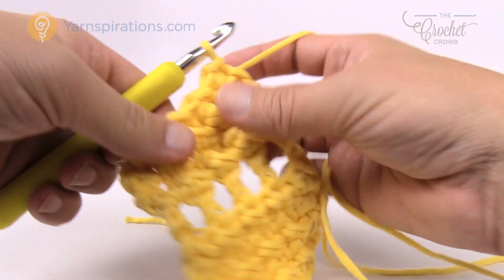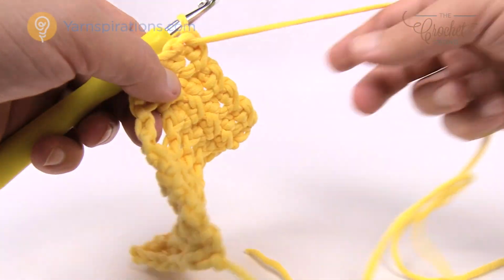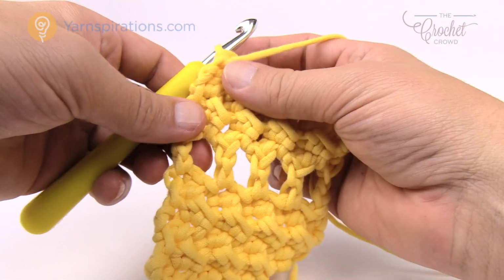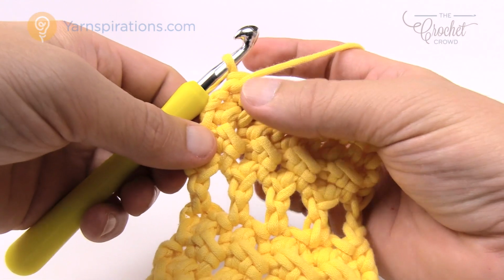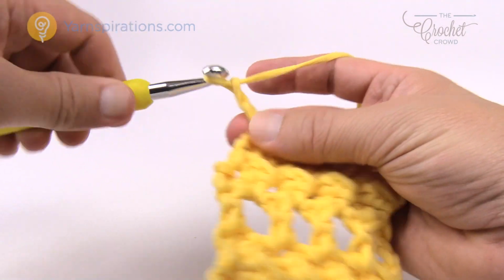Because it's such a short distance I can remember that. It's when it gets longer then I get confused. So that was concluding off row number 11. Let's go for number 12. So let's move up to row number 12. So the last one was a slip stitch, so this one has to be a chain 2 and a half